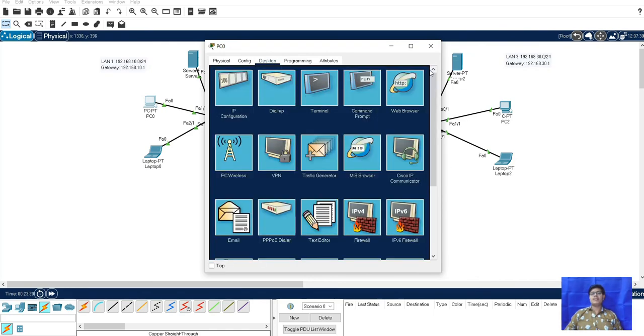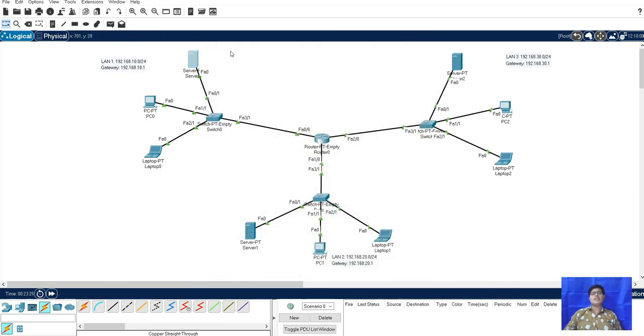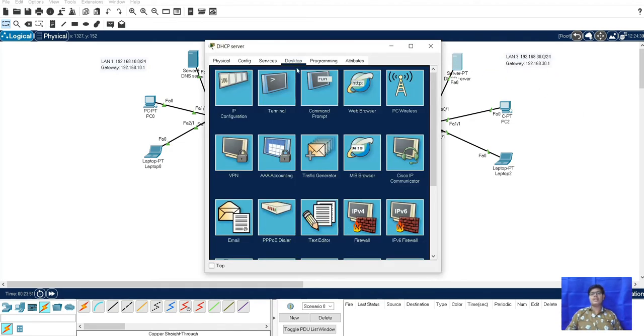This is configured, but here we will change the name of the server. So we will rename here. Server 0 is the DNS server, and this is the Karunya server. Okay, and here the DHCP server is here. For that, in DHCP we have to enable the IP addresses that will be dynamically given